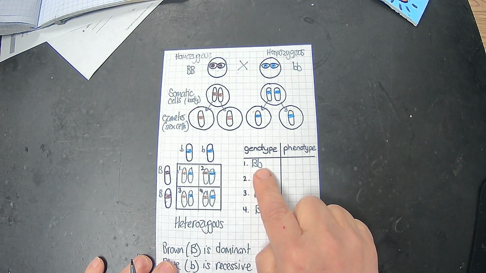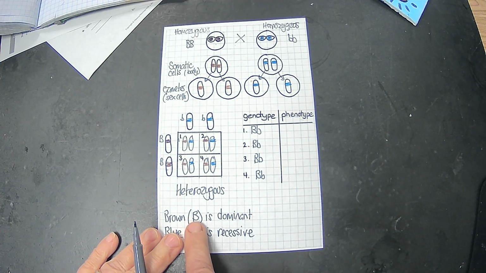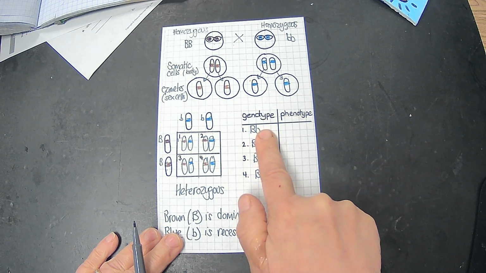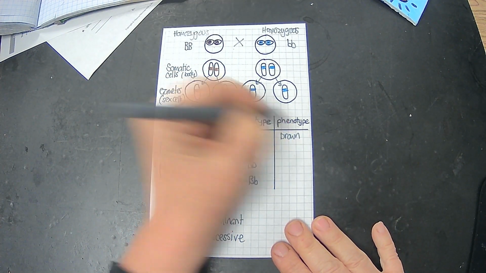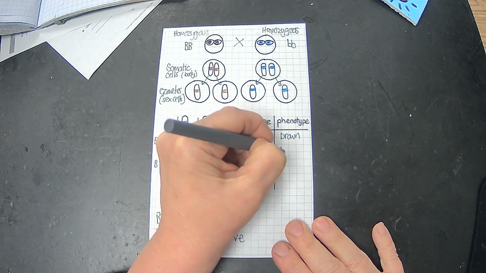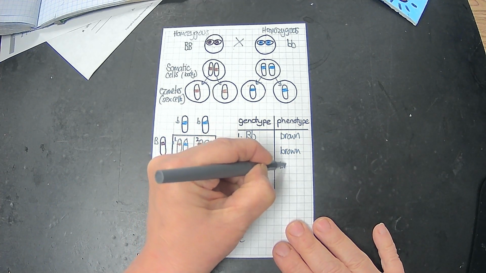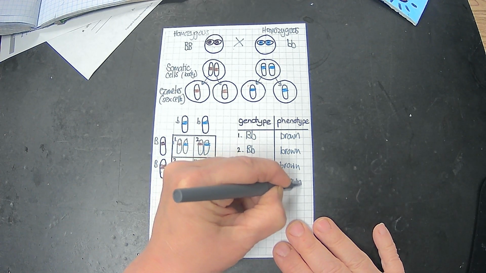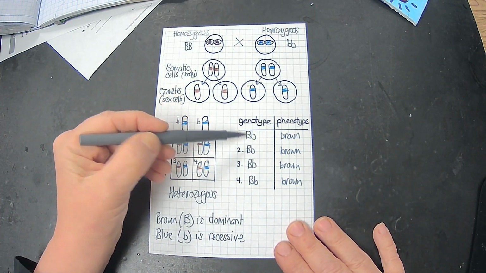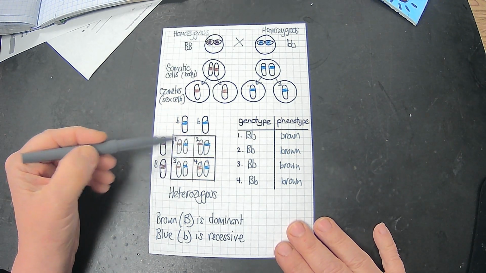What color eyes would this person have? You only need to inherit one dominant allele to have that eye color. So the big B masks the little b. This person would have brown eyes. If it was number 2, it would have brown eyes. And number 3. And number 4. So if the heterozygous genotype, big B, little b, is present, which it would be 100% of the time,